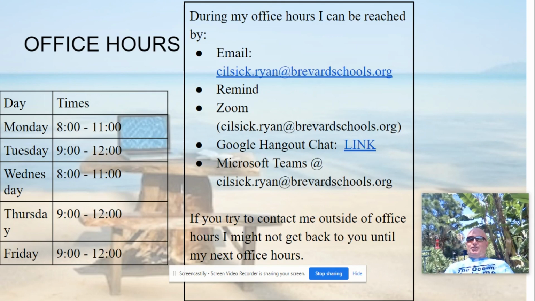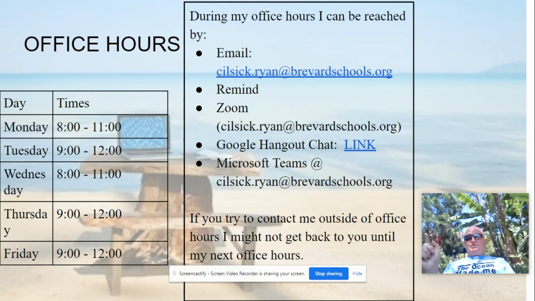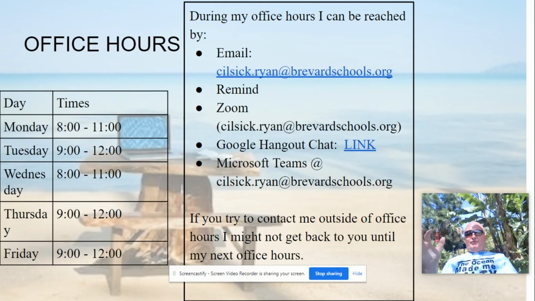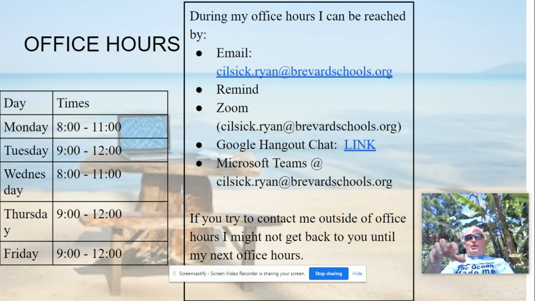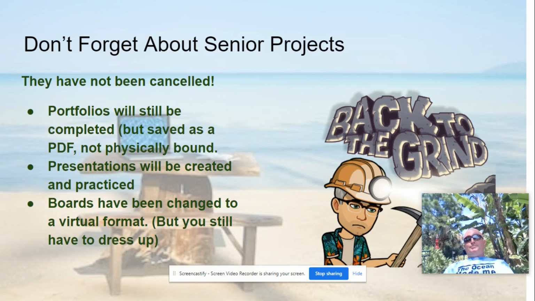Now, to make it easier for you, I created a really cool little website which lists my email address, the link to the Google Hangout chat, and the Teams, and the addresses, and it lists the office hours and some other important links. It's simply mr.sulcic.com. Go to that address on your phone, on your computer. I think it works really well on your phone. I think I set it up, and it might be a neat way for you to quickly access my information to contact me. There's actually a little bell that you could tap, and it rings my computer. So I'm really actually excited to try this out.